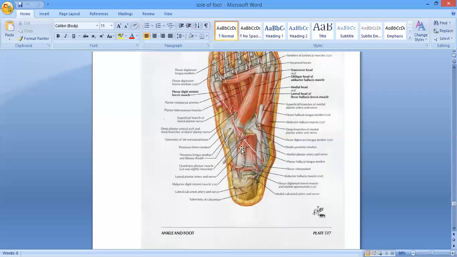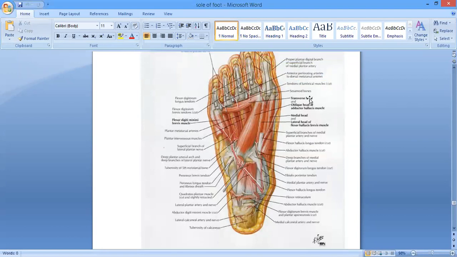Okay. Now the third layer of the sole of the foot. When you have a look over the third layer of the sole of the foot, we have got three muscles. The flexor hallucis brevis. You can see the flexor hallucis brevis. Then this muscle, the adductor hallucis, has two heads of origin. The one is the transverse head and another one is the oblique head. Okay? So this is the adductor hallucis muscle. And this one is the flexor digiti minimi brevis. Right? So we have got three muscles again in the third layer of the sole of the foot. The flexor hallucis brevis, the adductor hallucis, and the flexor digiti minimi brevis.